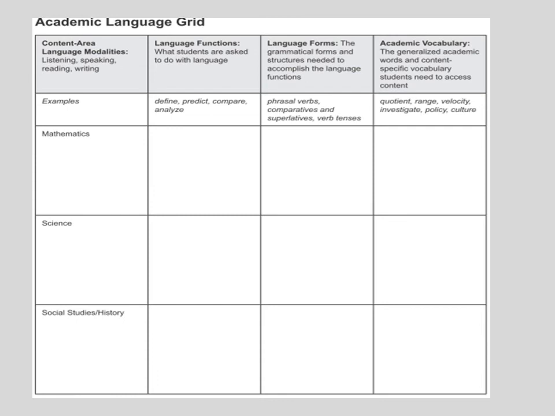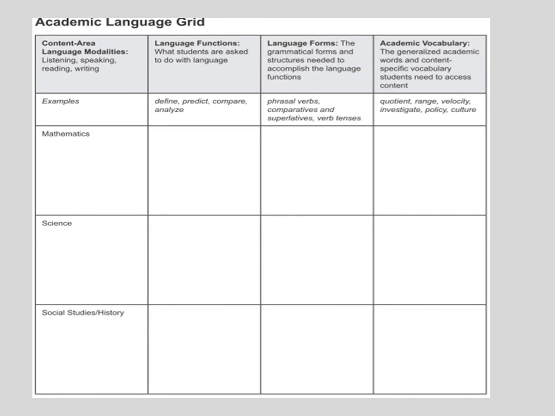This chart is here to show us an academic language grid. If we consider our various content areas, such as mathematics, science, or social studies, we see that each of these different content areas is requiring different sorts of language functions, language forms, and academic vocabulary. So let's look at the three columns here to understand how they might play a role in teaching academic language